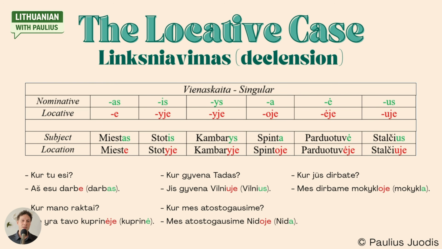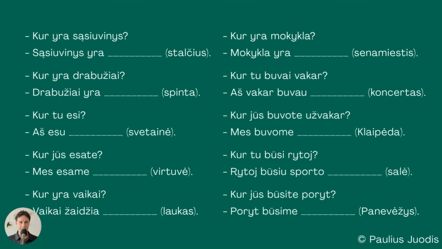And if you want, you can also have a little bit of further practice. You can apply the knowledge that you have just learned here by doing this exercise. You will have some new words. You have Google Translate for that. Just be careful. The word svetainė actually has two meanings. One meaning is the living room. So that's the intended meaning in this dialogue.